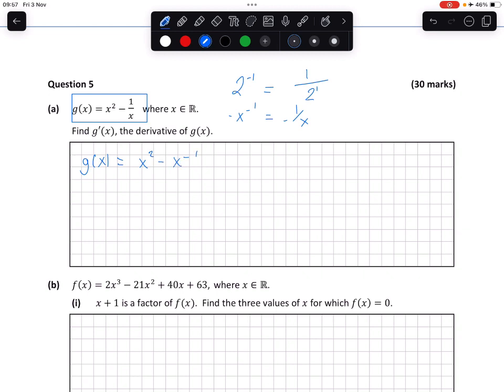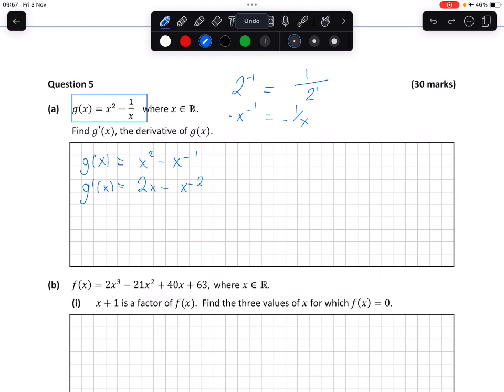Now, all we do is just use regular differentiation: decrease the power by 1, multiply by the whole power. g prime of x is equal to 2x minus, same thing happens here. We have minus x to the minus 1, so we still subtract 1 off of it, so it's x to the negative 2, but we still have to multiply by that whole power. So if I multiply this by negative 1 again, what we're going to have is a minus minus, because we have one minus here, and a second minus right here. So in the end, what this simplifies to